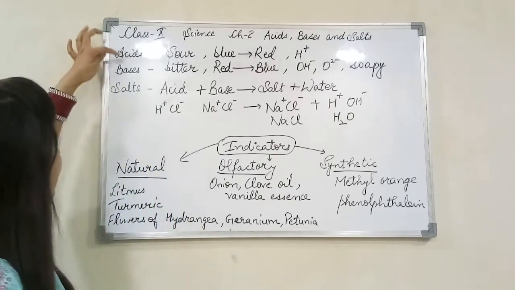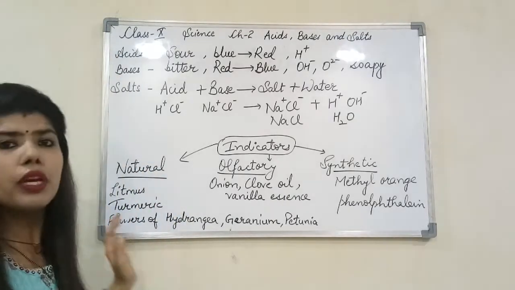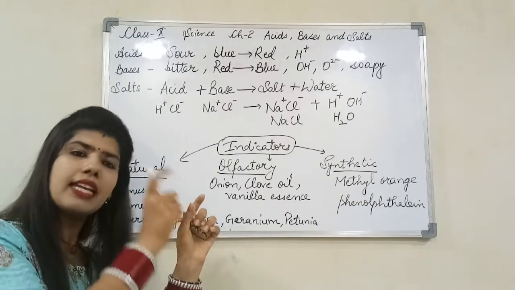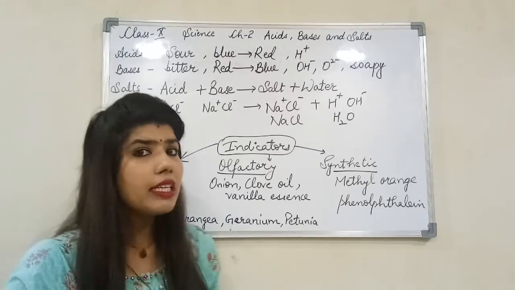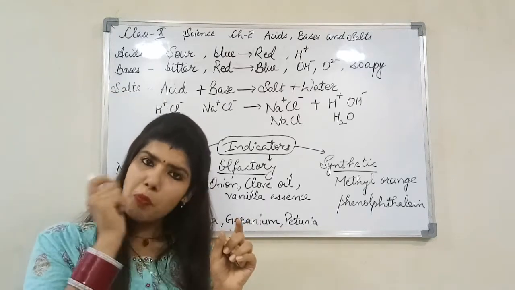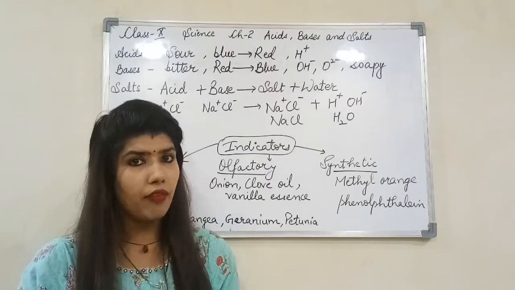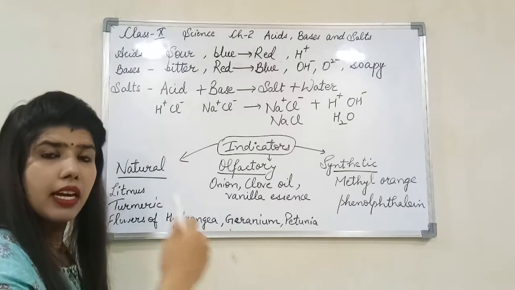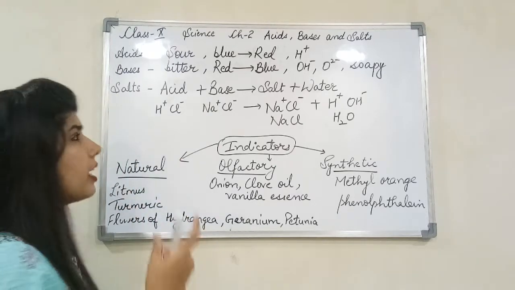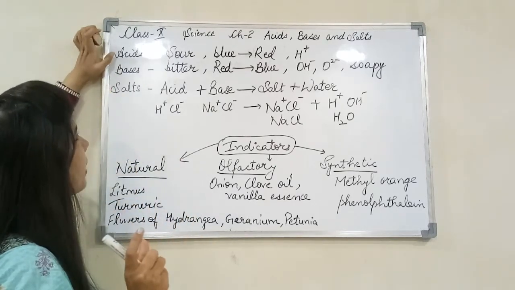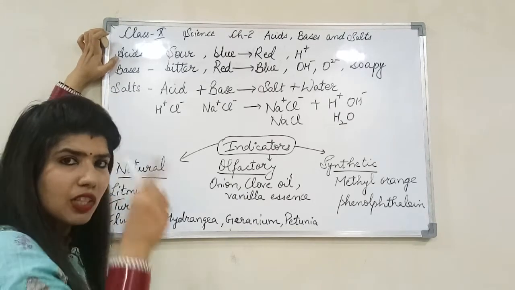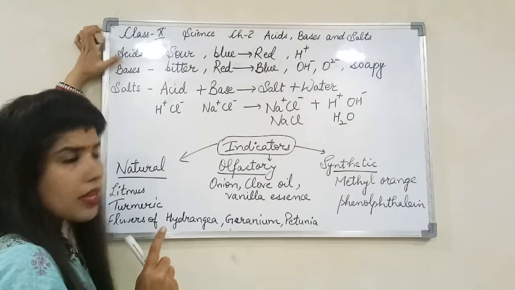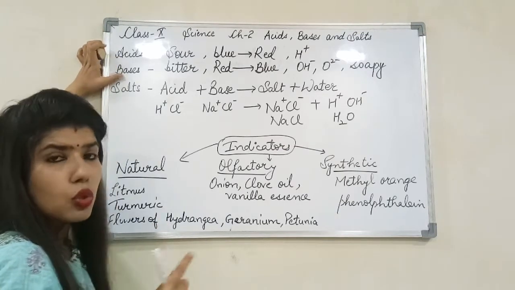Acids हों चाहे bases हों चाहे salts हों, ये compounds होती हैं. And most of the times they are made up of one cation and one anion. You are very well familiar with the terms. Cation means positive ion, anion means negative ion. So salt, salt बनता acid और base से ही है. अब कौन सा वाला portion हम लेंगे salt में? So you have to keep in mind, a hint I am again giving you: anion. It starts from A, acids start from A. So हम anion लेंगे acid से, base से क्या लेंगे? Cation. So salt कैसे बनेगा?